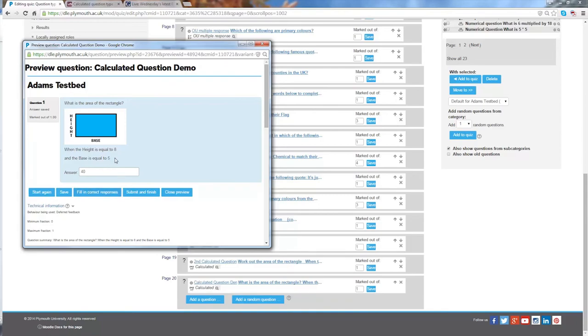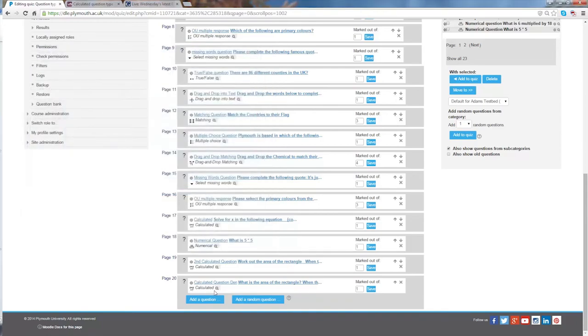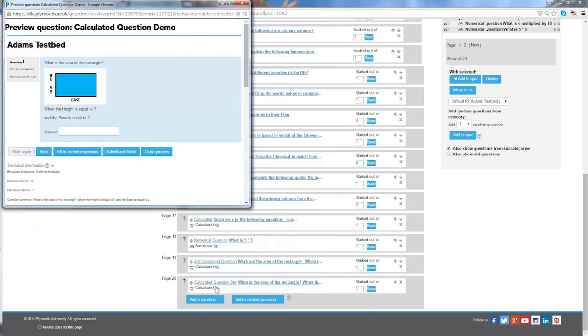So there you can see 8 times 5 is 40, that's the answer for that one. If we load it up again, this time it's 7 times 2, which is 14. So the answer's wildly different, but you're applying the formula rather than just getting the correct answer. So it's about their knowledge of the formulas that you want them to demonstrate. And that's how you create